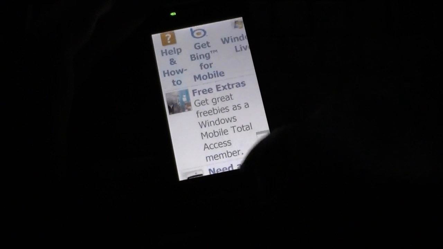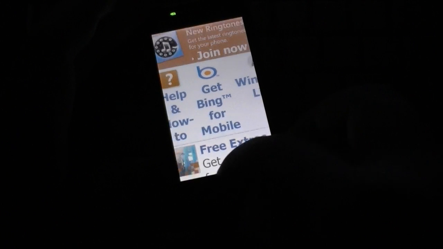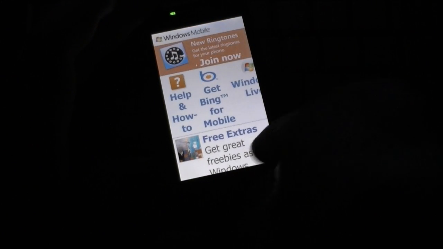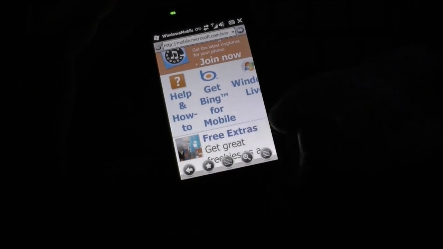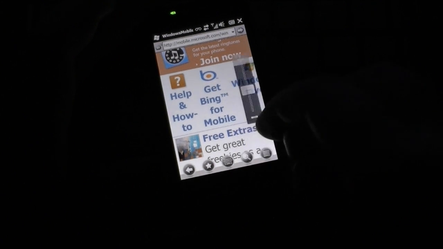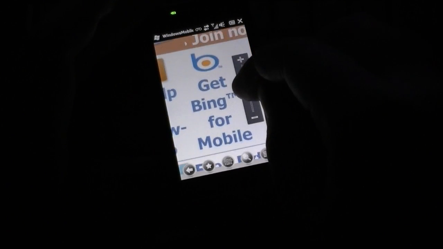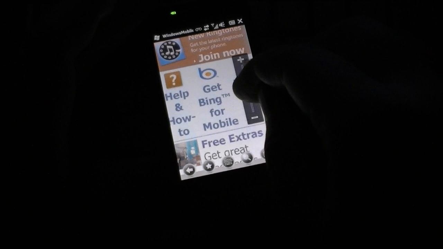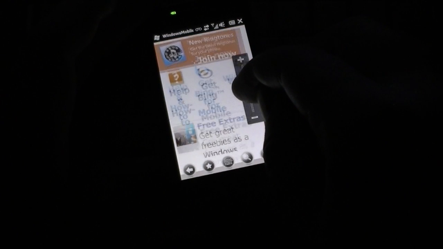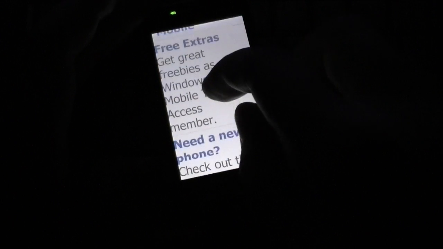The text is really big here. Now it's really small. Okay, there we go. I got the zoom slider going. There's a zoom icon down here. If I press that, we get a slider on the screen, and that's working pretty nicely. Of course, this is a mobile site,